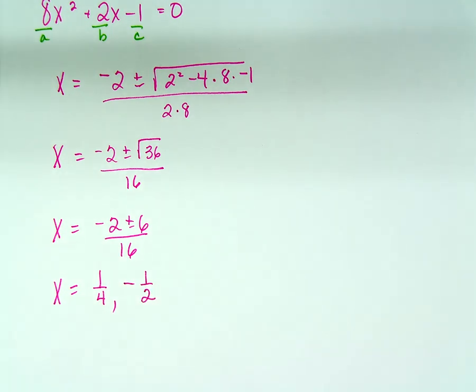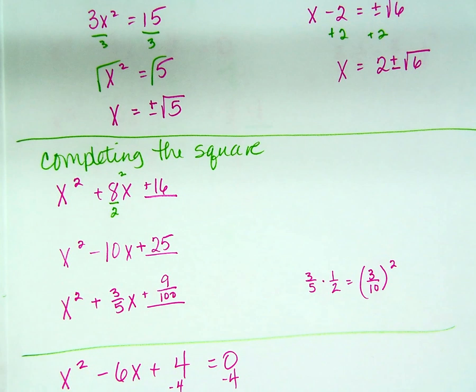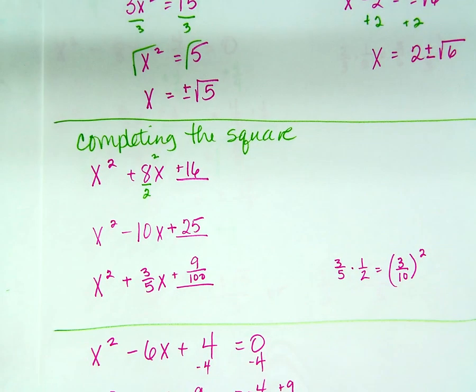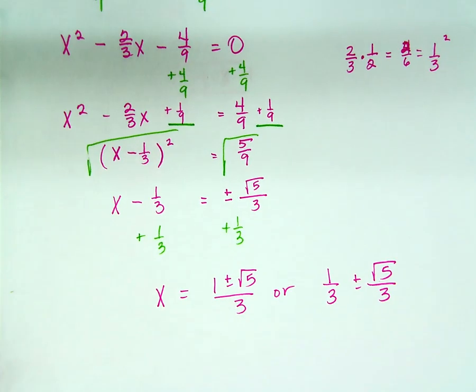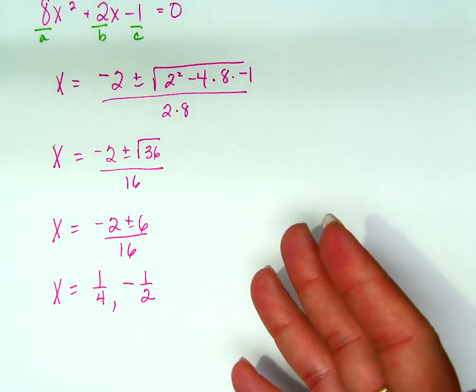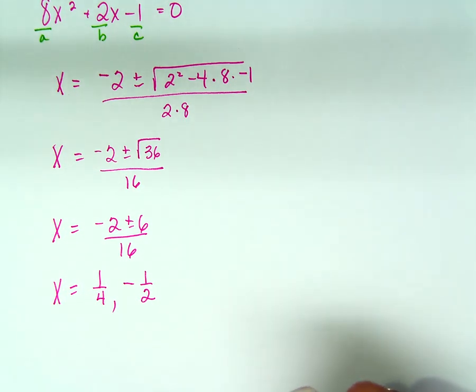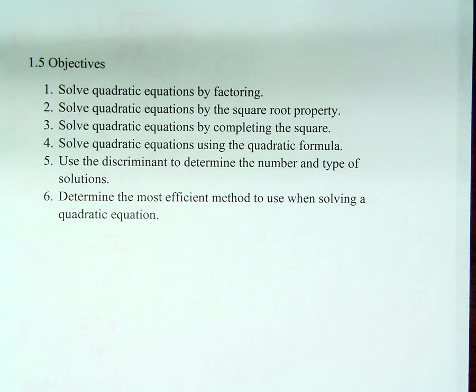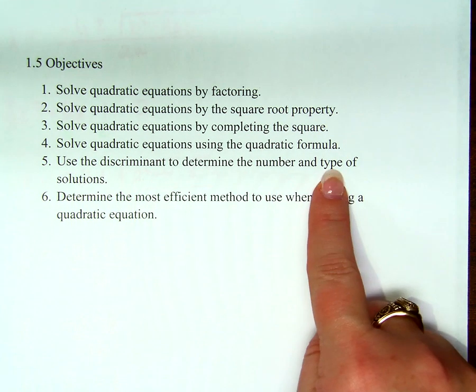Okay. Now I've been quite remiss in all these examples that I've shown you so far. Are they all right? Is there a way you can tell that they're right? All of these answers, is there a way to tell that they are right? Always check them, right? Always plug them back in if you have a question whether it's right or not. Okay? You can always do that. Do I need to do any more examples for you of quadratic formula? Pretty comfortable with that? Okay, so our next objective is using the discriminant to determine the number and types of